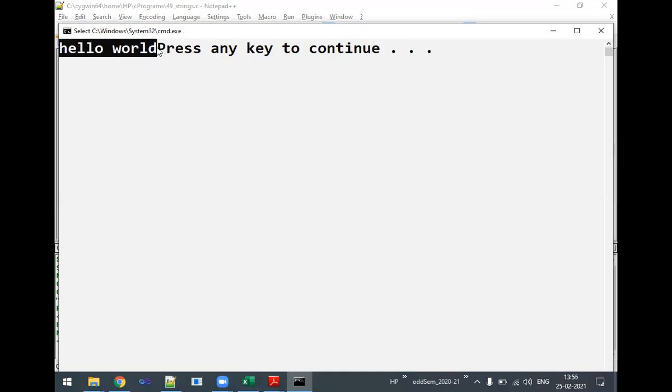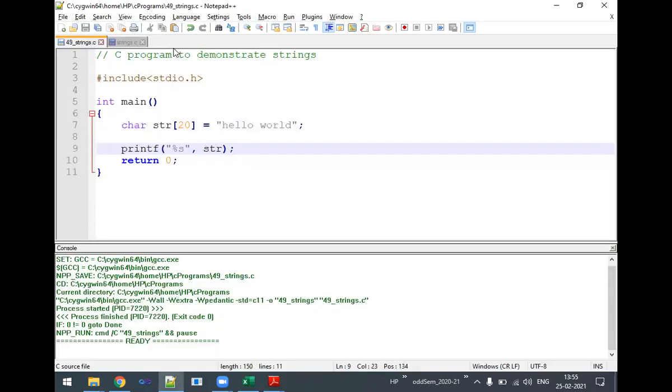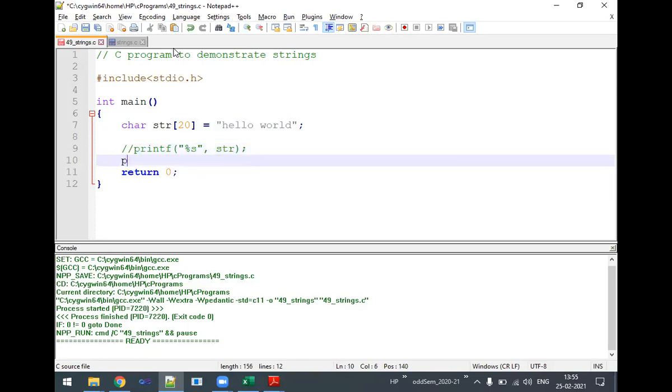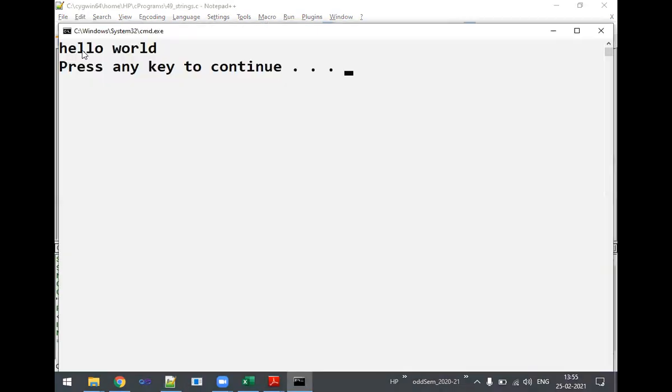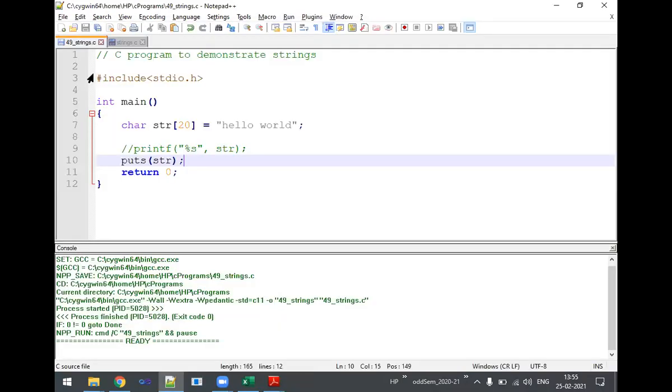You can see here, this is not printing a new line character. Instead of this, if I use puts here, I will comment this and I will use puts, and if I pass str, you can see the difference here. Hello world, and this press enter key is taken onto the new line. Understood? Okay, now this is one scenario.